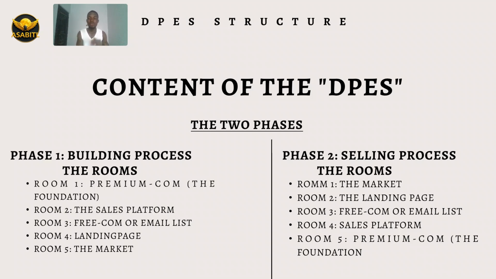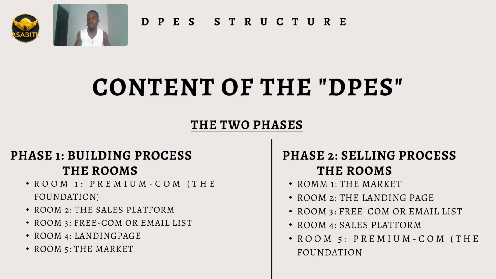Just like a website, we have the front end and the back end. In the back end, it's only the owner of the website that knows what is going on, but in the front end, it's only the viewer that knows. What the viewer is seeing is just what the person that built the website created for him or her. So that is what I want you to see, these two phases. The building process is what is happening behind the scenes, and the selling process is what becomes public when you finish building.